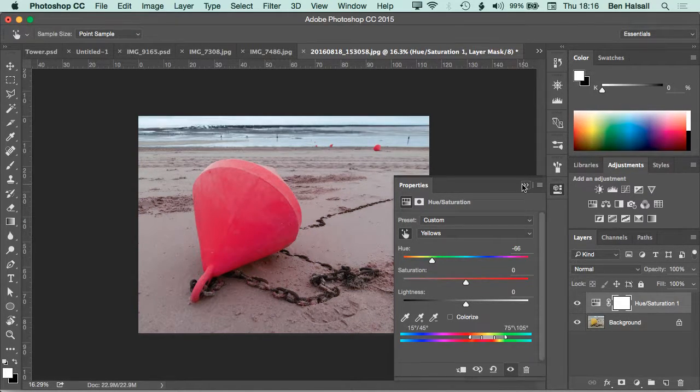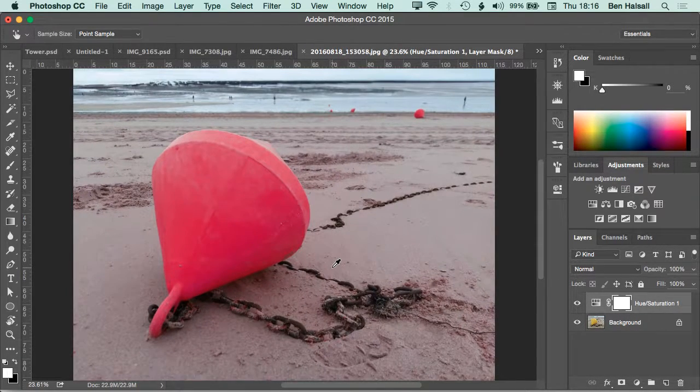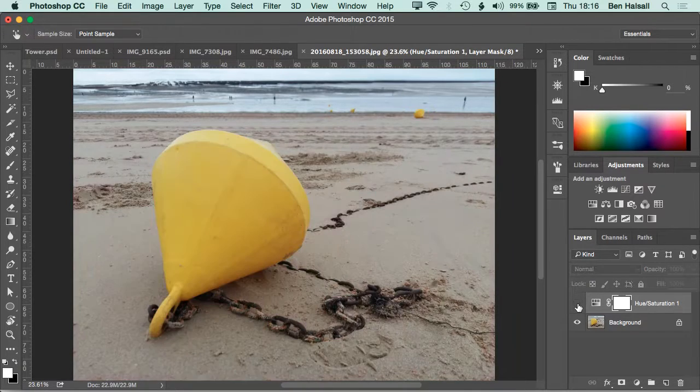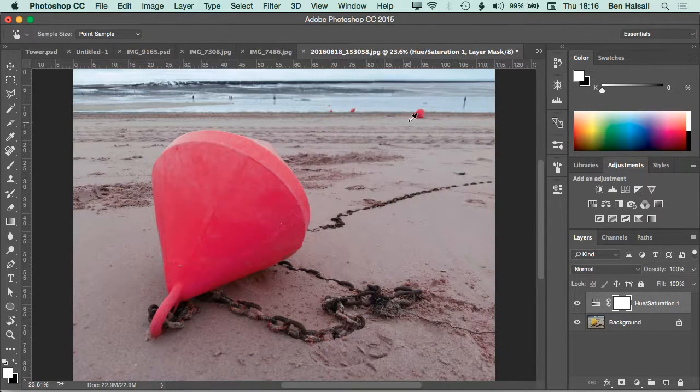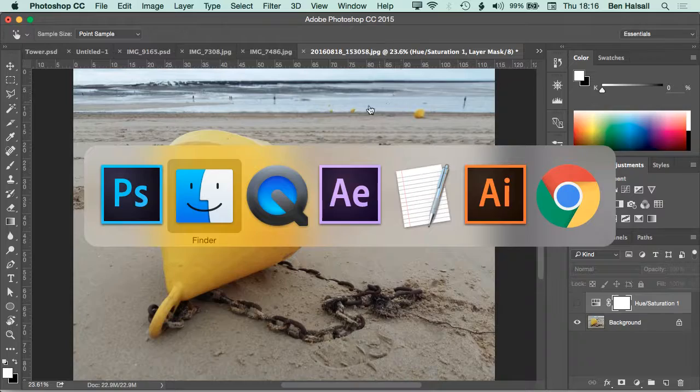Okay. You can see it's kind of changed the reflection in the sand as well because it's caught a bit of that colour. And it's caught the ones down the beach too. So if you've got the right photo, or you know which photo to take, then you can kind of plan it so that you can use it. So okay, so that's a little bit of